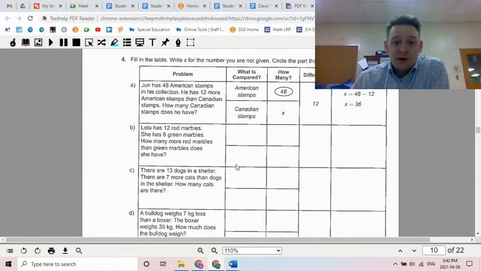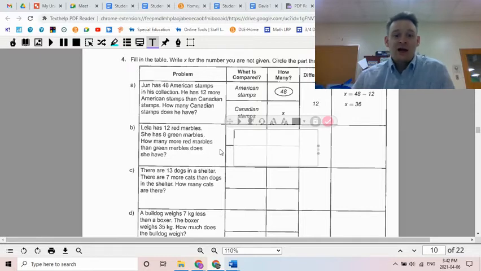Let's start with the second one. Leela has 12 red marbles. So what is compared? Well, let's read it first. Leela has 12 red marbles. She has 8 green marbles. How many more red marbles than green marbles does she have? So comparing red marbles, green marbles,